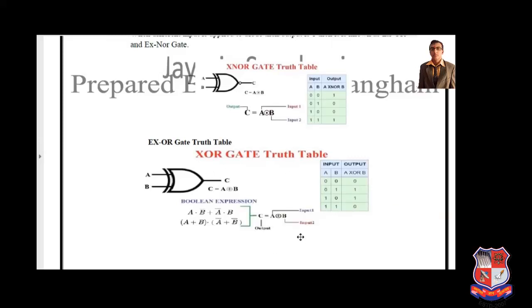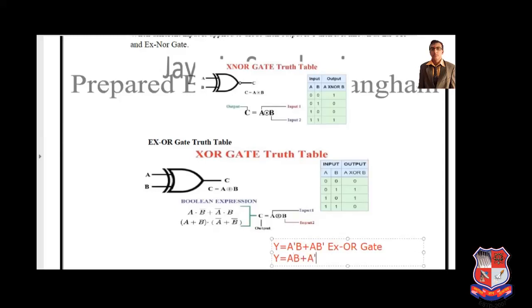What is the equation of XOR gate? I have written here Y equal to, if AB input is applied, then A dash B plus A B dash. It is the equation of XOR gate. You have to remember it directly. The derivation of this will be discussed in the next semester subject, digital electronics. For now you only have to remember it. In this semester you have to remember this only. Don't do any other thing. And Y equal to AB plus A dash B dash